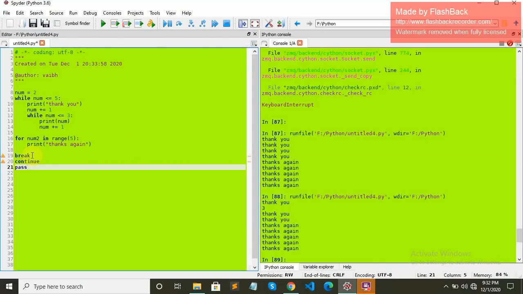Break will be used to break the loop if you encounter any infinite loop, as we have encountered last time, and then continue will be to carry on, and then pass will pass something. Actually in Python this kind of statement is used when a statement is syntactically needed, but you do not want to execute any code or any command, so then this pass statement will come into play.